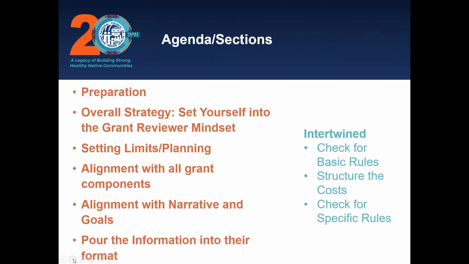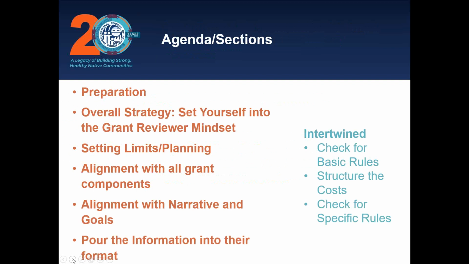I've realized through the work that I've done that most of the programmatic people in the beginning think that the budget is something that is attached to a narrative and that the narrative is going to be the one that is successful. But in the grant reviewer's mind, the budget has to be perfectly aligned with the narrative, and it has to make sense as if it was part of the narrative. So I'm going to provide you with some elements that would probably help you understand better how to